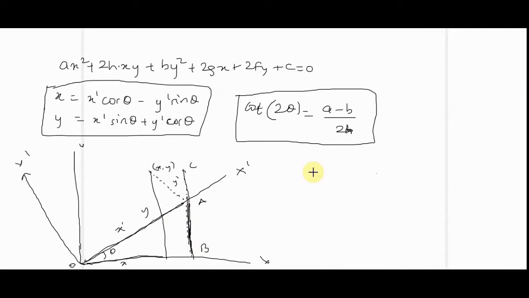Okay, so BC is CA plus AB. That's the equation we'll be using to find the relation between y, x prime and y prime. So BC we know is y. Now what is CA? For that, consider this triangle ACD, where this angle is theta, as we found in an earlier part of this video.